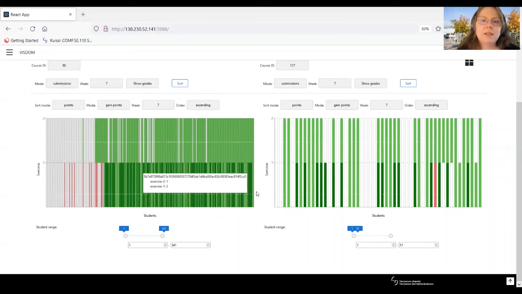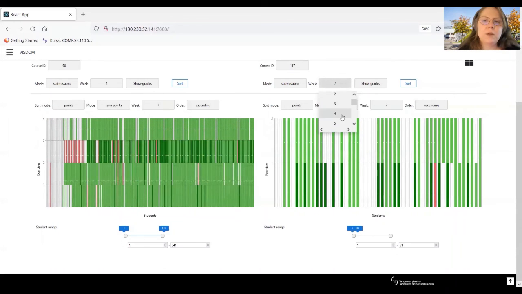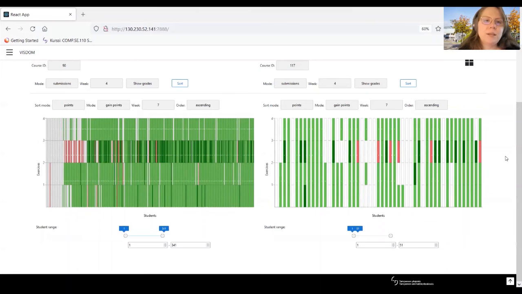But we can see that there is intuitively a similar kind of pattern in the number of failed attempts and how much there is of the dark green, so a lot of required attempts in comparison to how much light green there is. We can look at week 4, which was the first week with the larger project. So here you can also see that there were these standard exercises, but then there was this larger project,